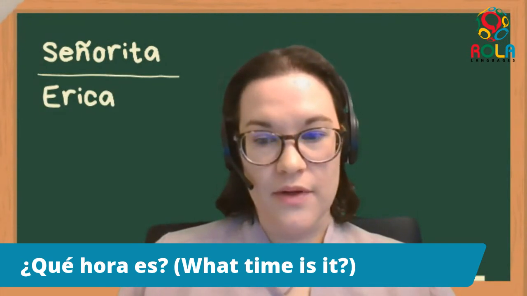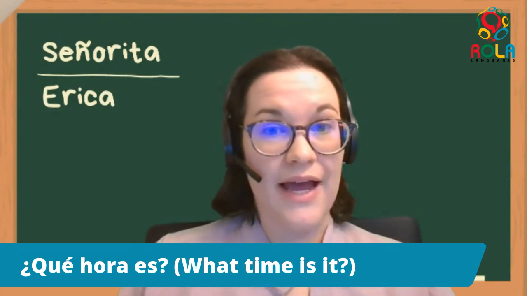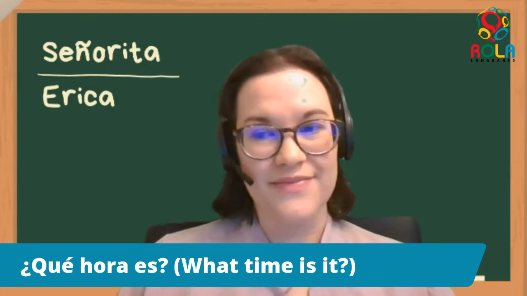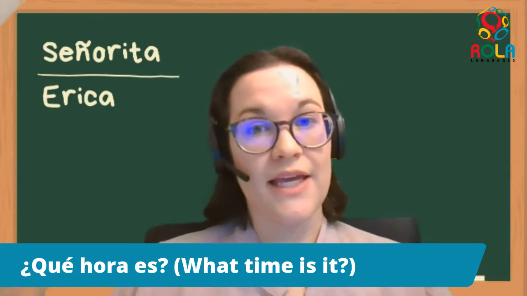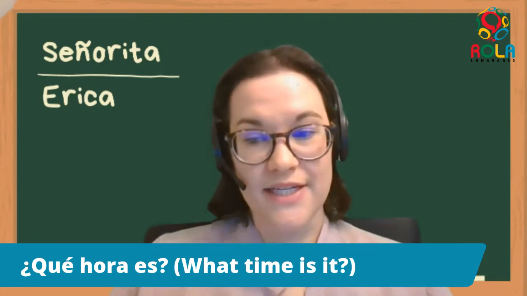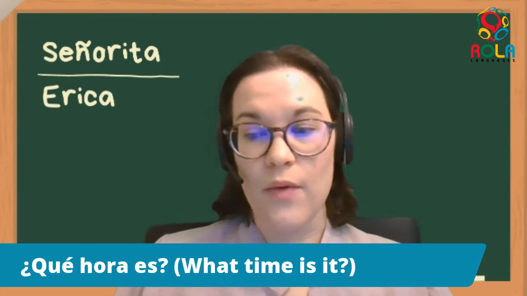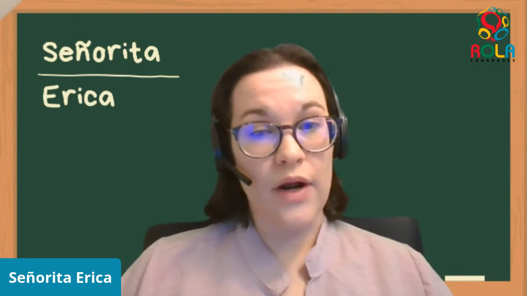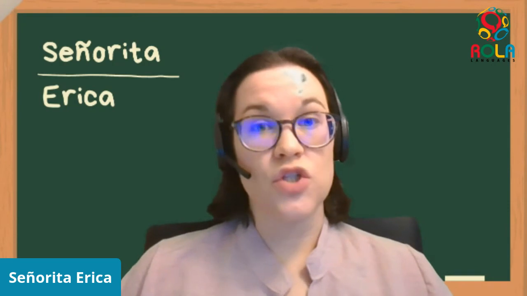Okay, so now we're going to practice this a little more together. I have some clocks that we're going to take a look at and see if we can try to tell the time in Spanish on the clock. So again, remembering that we say ¿qué hora es? for what time is it? And then when we want to say it is, we say es la una for 1 o'clock. But for all the other times, we're going to say son las and then the number.